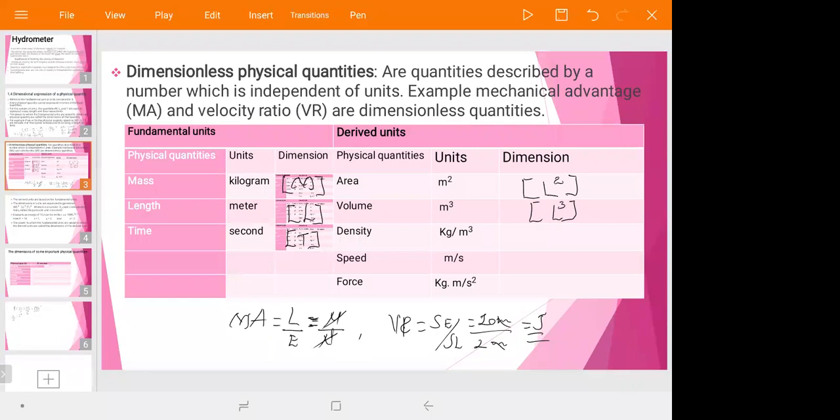What about this one? Density. The unit of density is kilogram per meter cube. Kilogram is the unit of mass, so instead of kilogram, we represent it by capital M. So in meter cube means